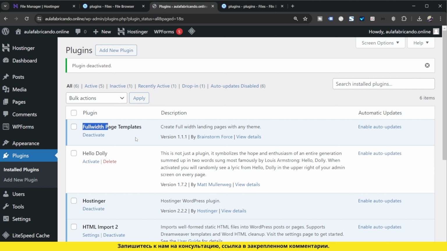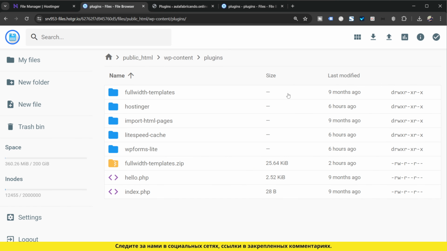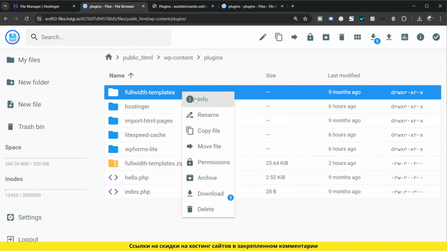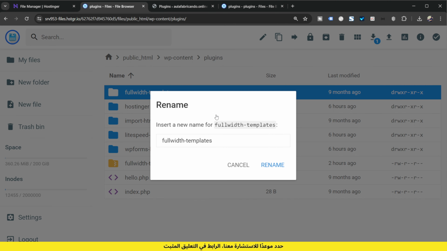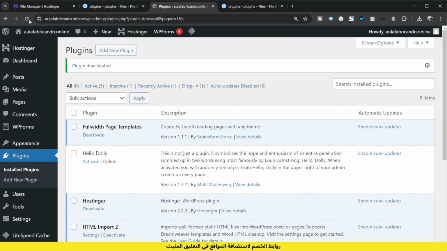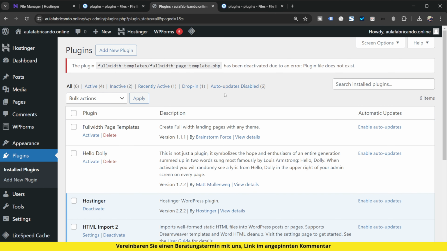What I'm going to do is deactivate this plugin, but not here. If my WordPress wasn't opening, I could just rename the folder by clicking with the right button and going to rename. I will just add an underline at the end and click on rename. When I come to WordPress and update, I will see that the plugin